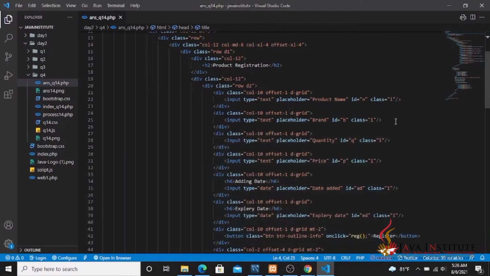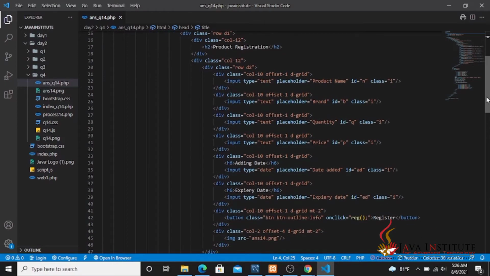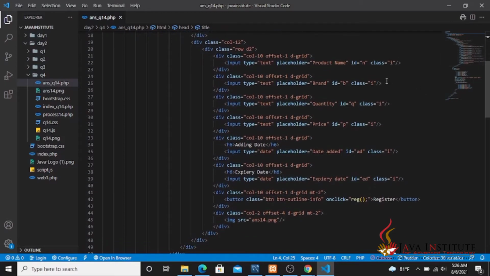And I'll show you my backend coding. Here you can see I have given IDs to all these input fields, and if you have watched my previous videos, you can gain an idea about why I have given IDs to these input fields. I have given IDs here as I'm using Ajax for passing data to the server side.